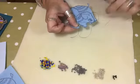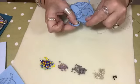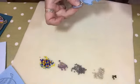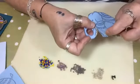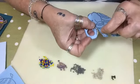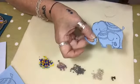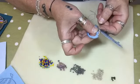And then once you get down to the bottom of it, to make it look as though you've used continuous amounts of beads, I'm going to take the needle back through to the back. Okay, and obviously these stitches here that you can see will be covered by the repeat stitching on the middle. So now I'm going to come up from where I originally started at the top of that row of beads, and this is to help make the continuation of the beads much easier. So I'm going to pass through that top bead,